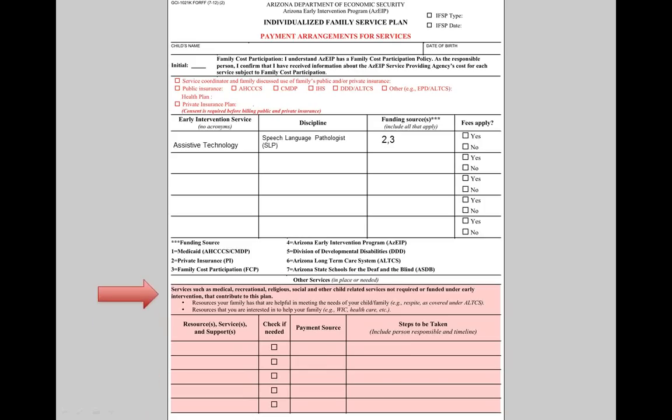Other services in place or identified as needed would be listed. This information may be identified during the assessment process and can be found on the assessment pages of the IFSP. Steps to be taken to ensure that these services are put in place should also be documented. These are services not funded by IDEA Part C, such as respite under Altcs.